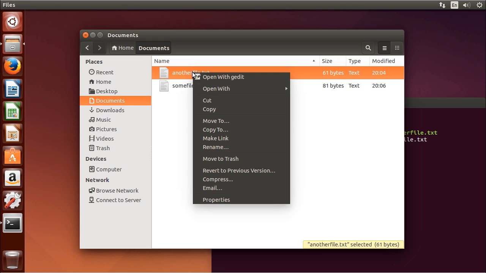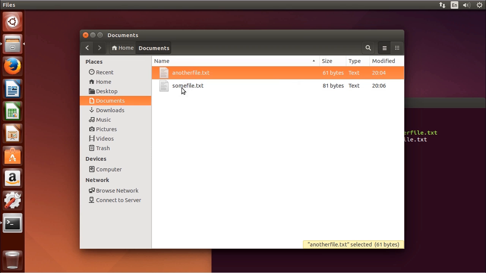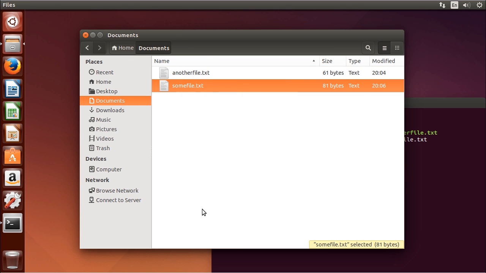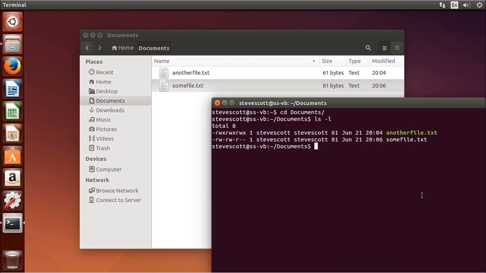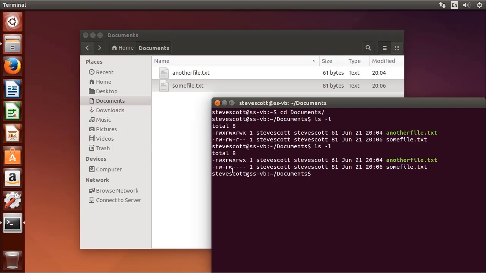Now I can also go in and click on some file, and let's say I want to remove those permissions. I can put in none, close, and if I do ls -l, you'll see it remove this read permission here. Now if I switch to root, so sudo su, this will switch me to the root account. You'll see here I've gone from being user Steve Scott to user root,